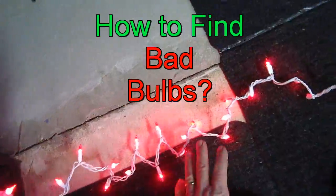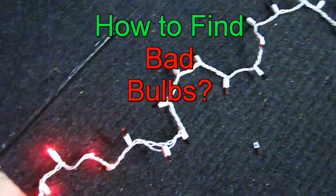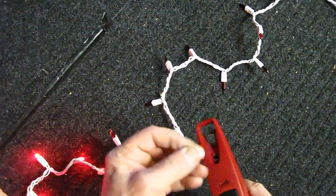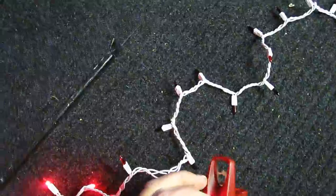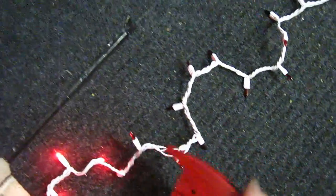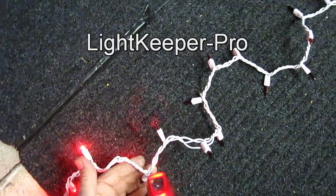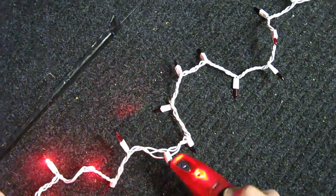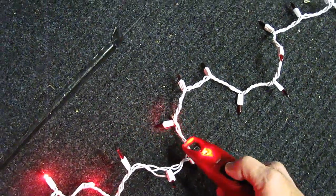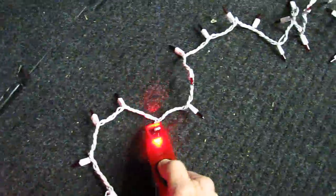Okay, now that we know how it works, finding a bad bulb or a broken shunt is always the problem. Here's a known good bulb. I'm going to check it right here. I can check each one of these bulbs if I wanted to. But this little device is pretty cool, and this is a way that you can check it. What you want to do is hold this button down and check for AC voltage along the line in the string. When you can't find AC voltage anymore, and that beeping stops,